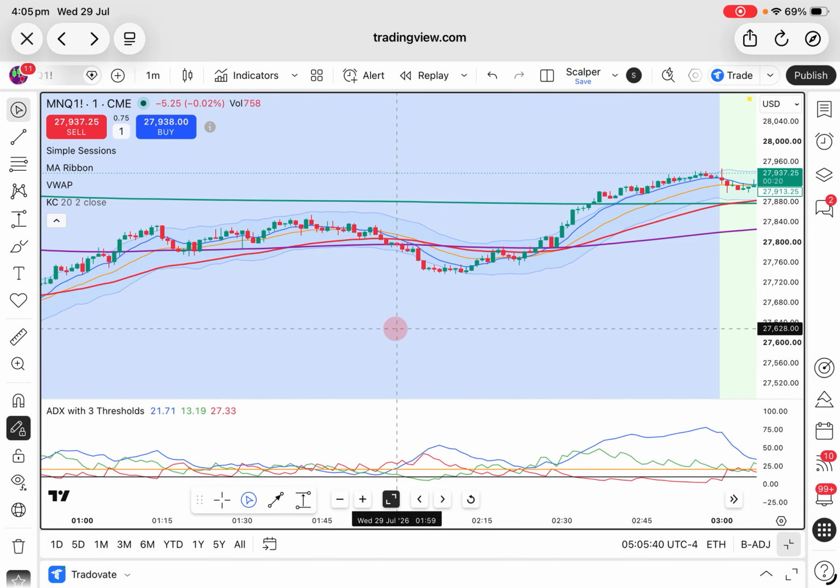And so right here, when I see this, I'm thinking, you know what? This is going to go short. Will it go short? I have no idea. This is not predicting anything. It's just showing you the state of play at this point in time. My biggest issue right here is how low price is, and the break of the ADX DMI showing me the strength, because it's right on